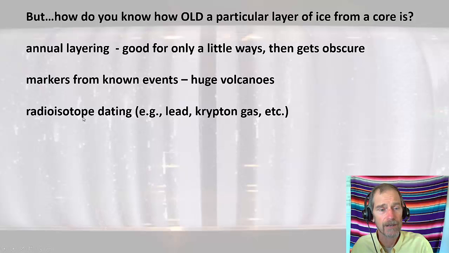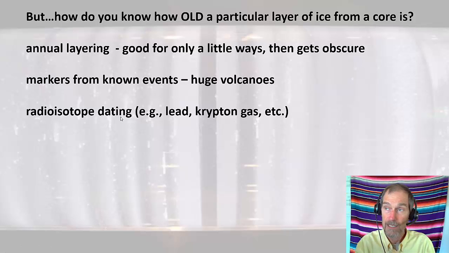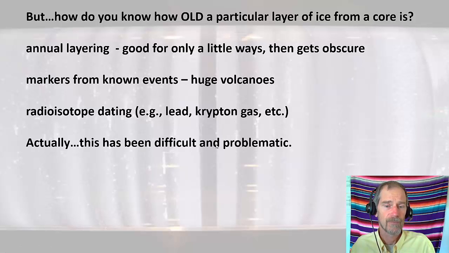And lastly, you can use radioisotope dating of the dust found in the ice core. So you melt the ice, gather a little bit of dust, and then you sample the radioisotopes in that. There are different radioisotopes that you can use. They're working on this. In my literature research on this subject, I've discovered that this